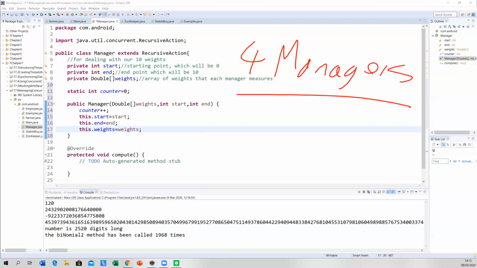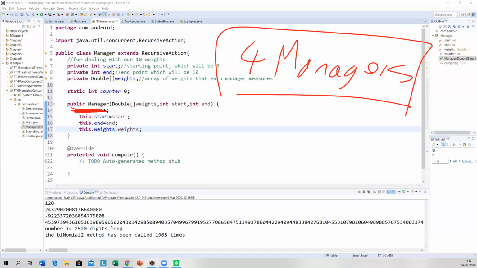I was reading 7 from somewhere else. So it is going 3 weights for 3 managers and 1 weight for 1 manager, which makes more sense, really. Okay, so it does produce 4 managers. Now the counter there is not working. All right, so I need to find a way of how to count the actual amount of managers that have been created. Is that okay, everyone? Right. It's neither here nor there, right?